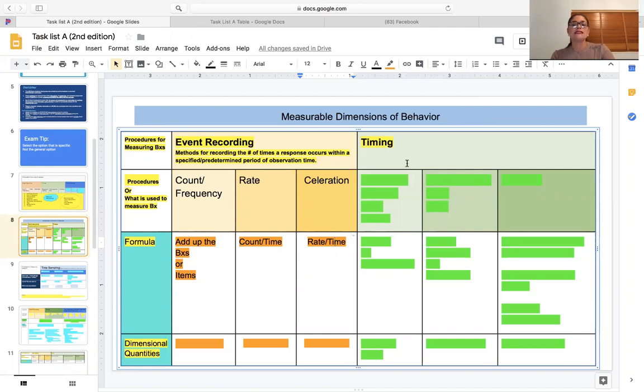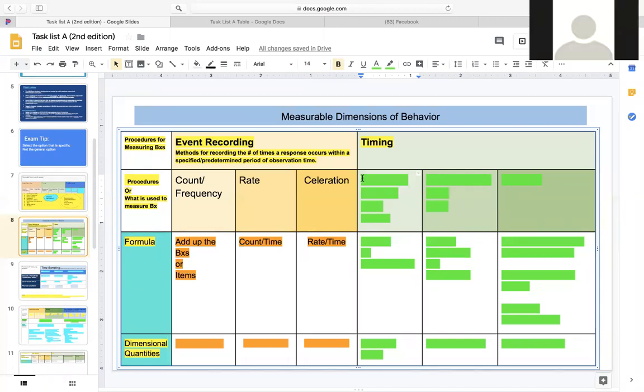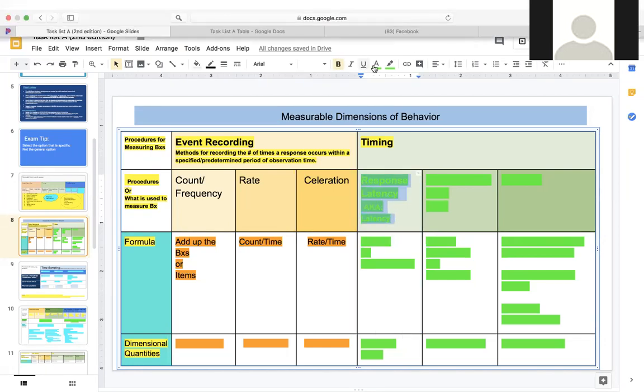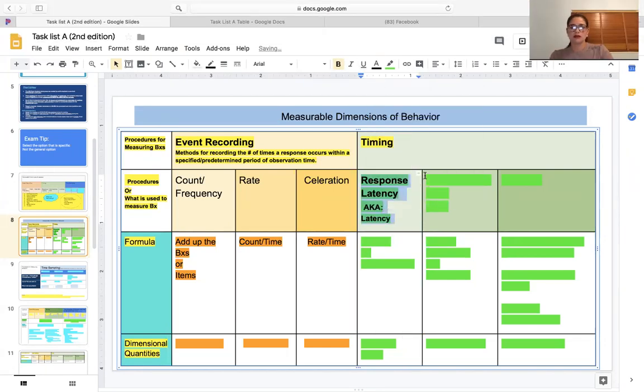Okay, so in timing, we already went through it. So we're only working on fluency here. Which procedures do we use for measuring behavior in time? Duration, latency, and IRT. I like the participation, guys. So response latency, IRT, and duration. Good, you have it memorized. Nice job. Okay, if we were to say it in a formula, how would it look?